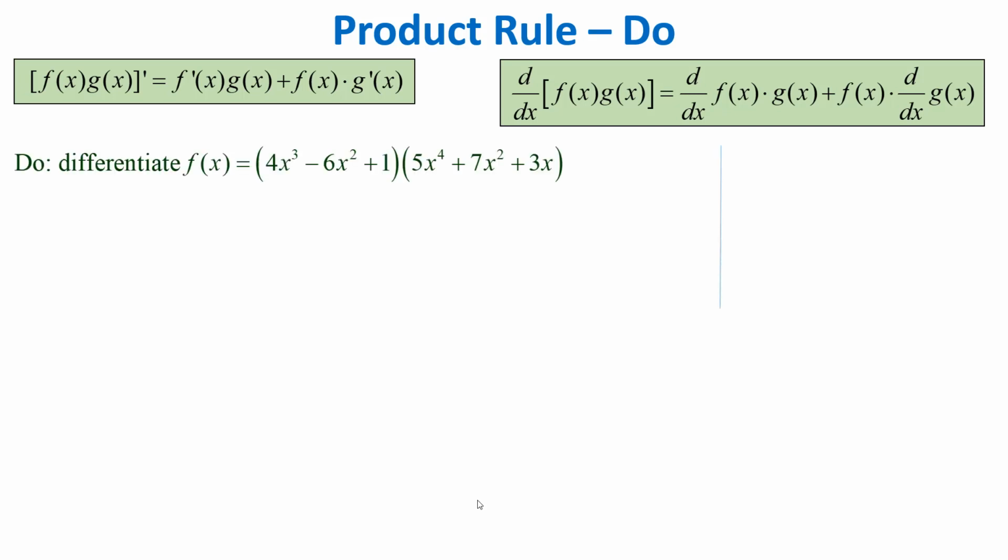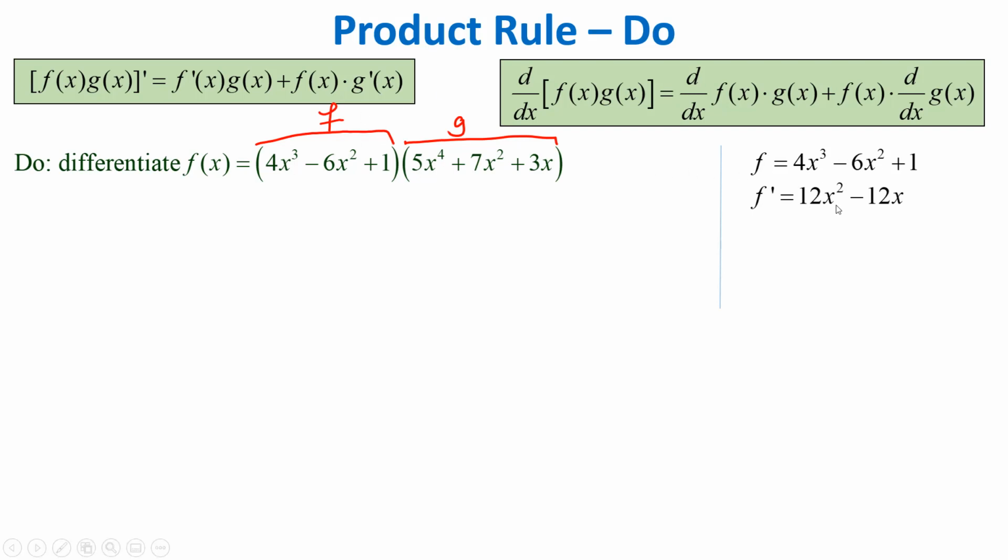Here's one for you to try on your own. You're asked to differentiate f of x equals 4x cubed minus 6x squared plus 1 times 5x to the fourth plus 7x squared plus 3x. If you're looking at the PDF of the slides, you'll see that there are actually two problems. Just do the first one for now. Pause. Calling the first factor f and the second factor g,